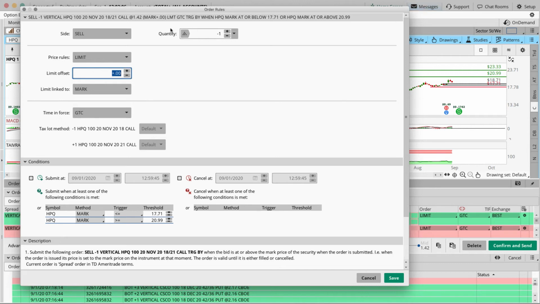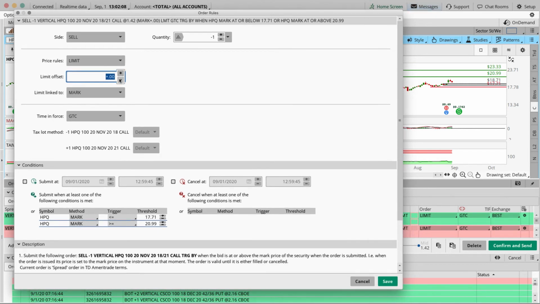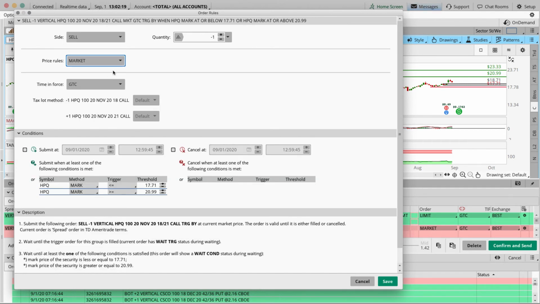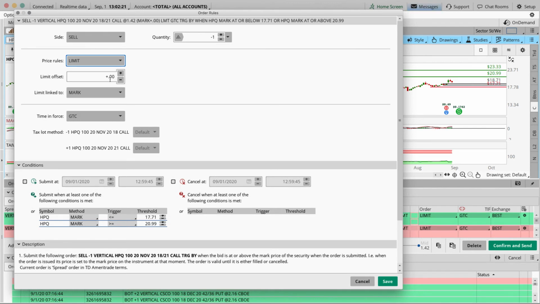But again, you're not guaranteed to fill at the mid price. And because this is our protective stop, we want a higher probability that we're going to get our order filled and get out of this position. So again, a market order is not wrong. You could use a market order. But if you want to try to negotiate your way out, set it up, link the limit to mark,